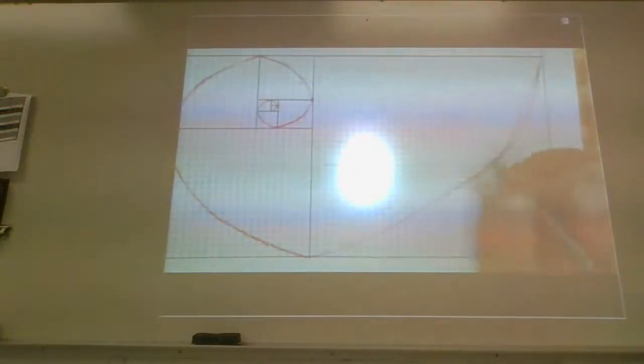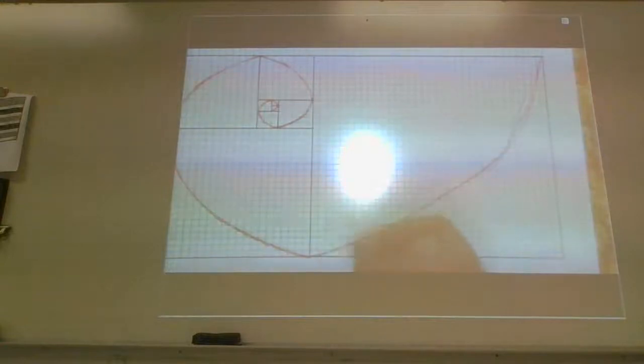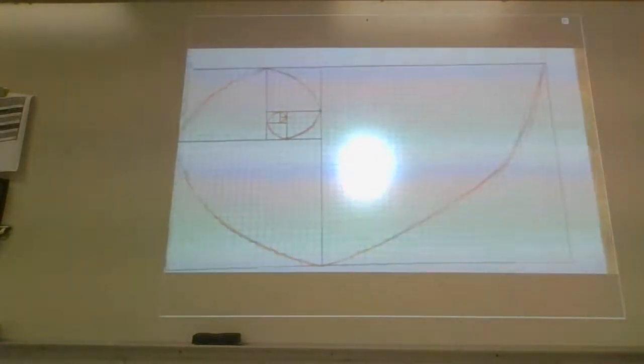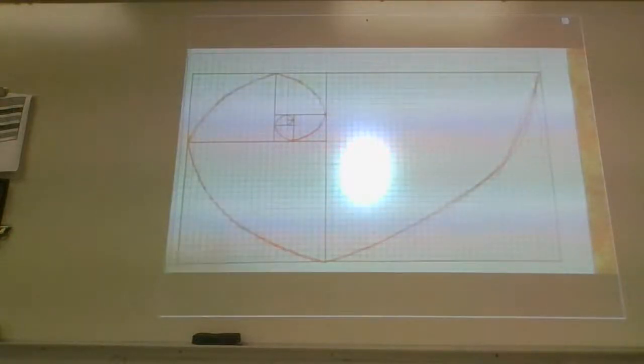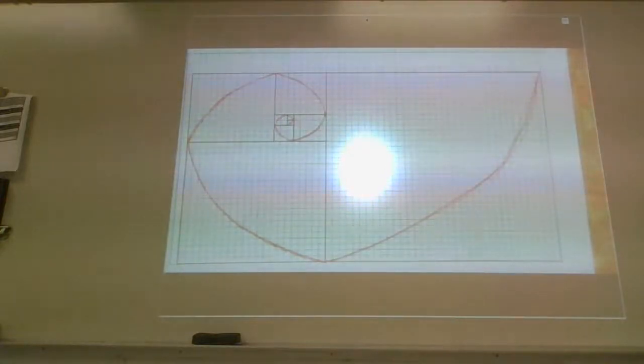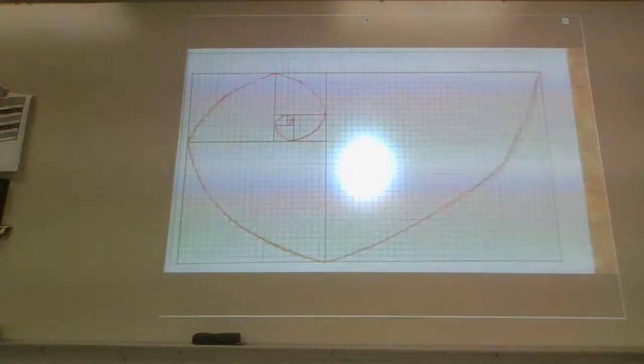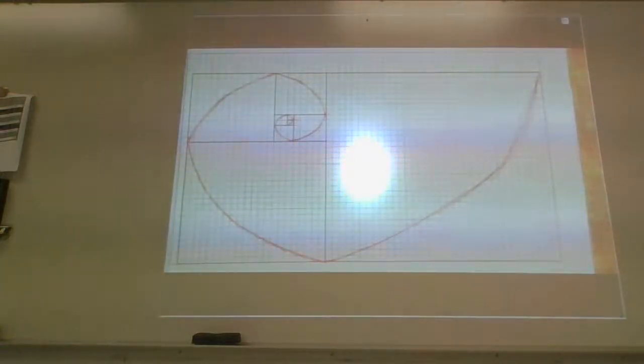I'll kind of just do this. There we go. But like I said, this spiral is going out in a weird kind of phi proportional loop-de-loop thing. It's weird. It's strange. But again, it is based solely on the Fibonacci sequence. Because you can see here, and I'll write these in.